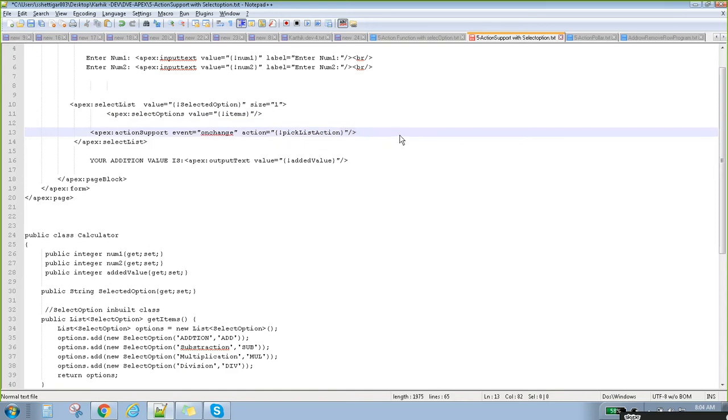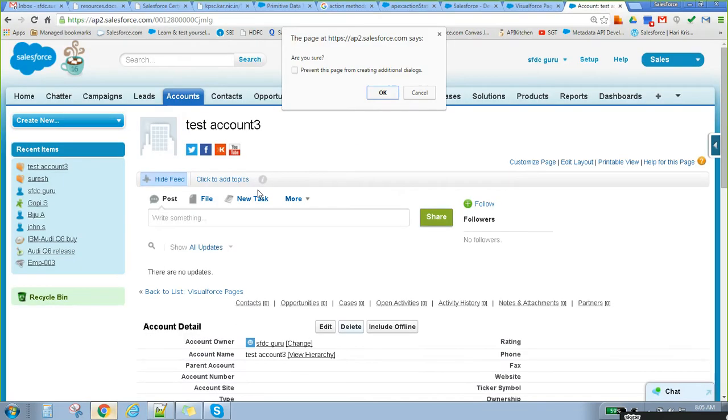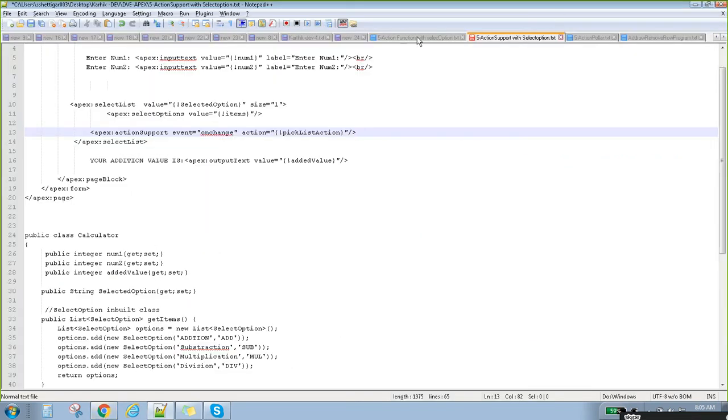In JavaScript, basically we can write this kind of validation. So if the validation passes, then we can call the controller method and do the business logic over there. So that is the use of action function.